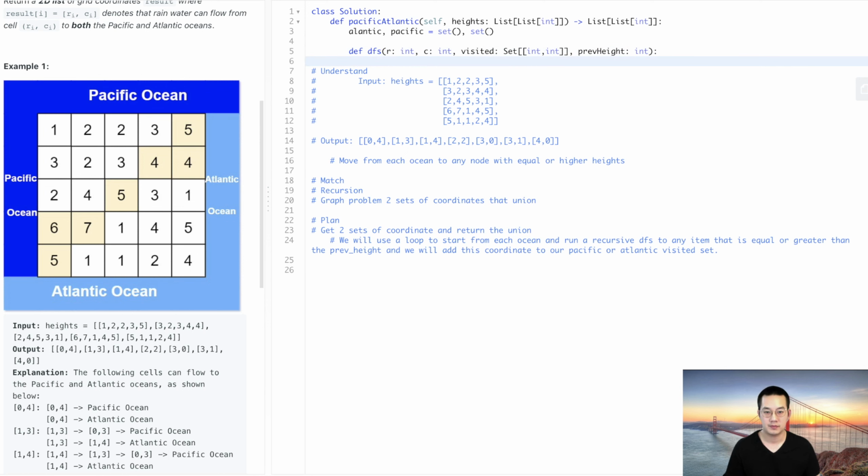So if the row is less than 0, or row is greater than the length of heights, that means maximum number of rows minus 1, or